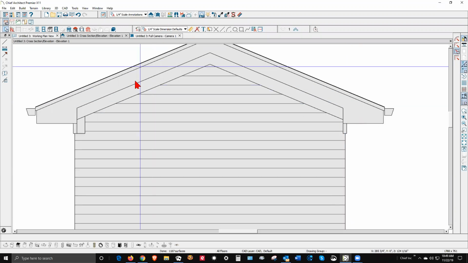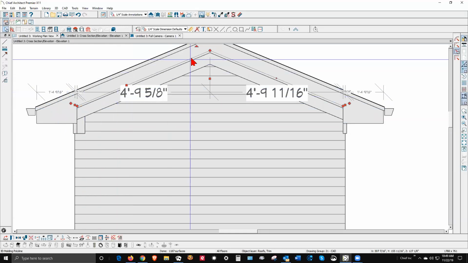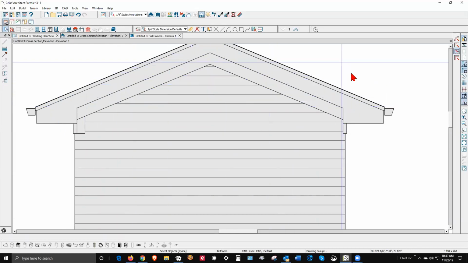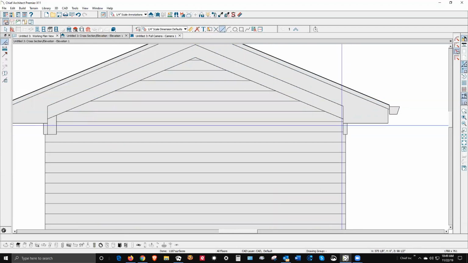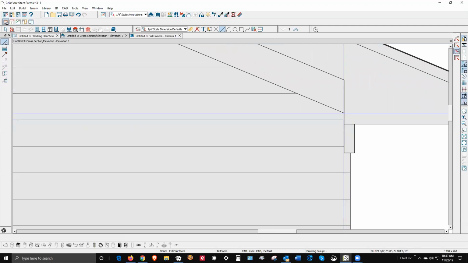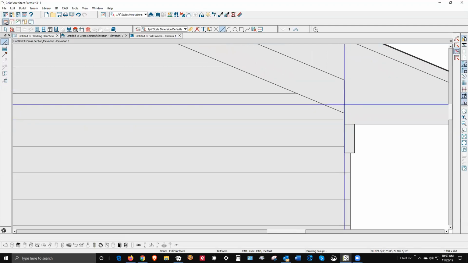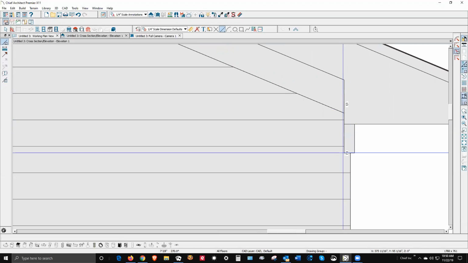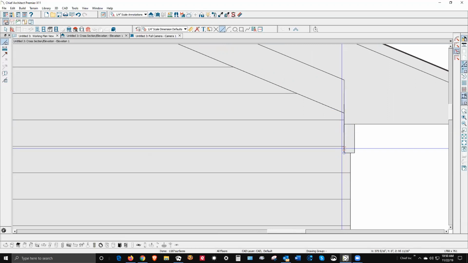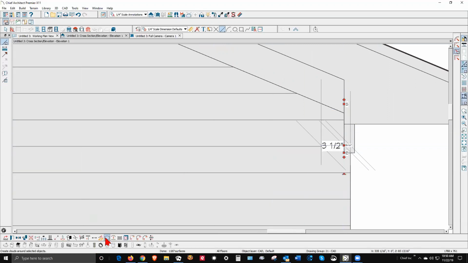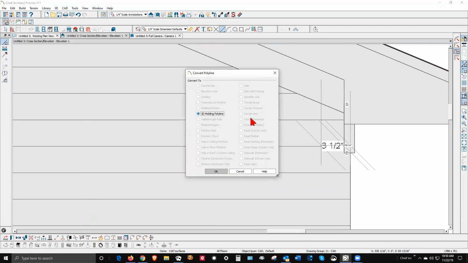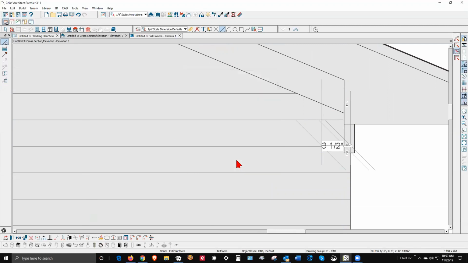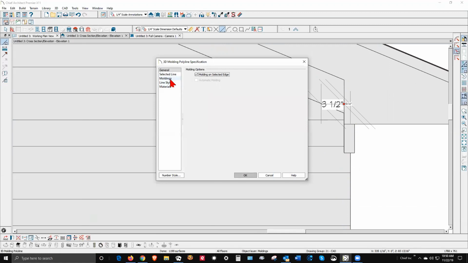I first tried to just alter the existing frieze molding, and I wasn't very successful with that. So what I did was pretty straightforward. You just go a little bit higher here and draw a CAD line, select the CAD line, convert it to a 3D molding polyline, and we go over here to the moldings,